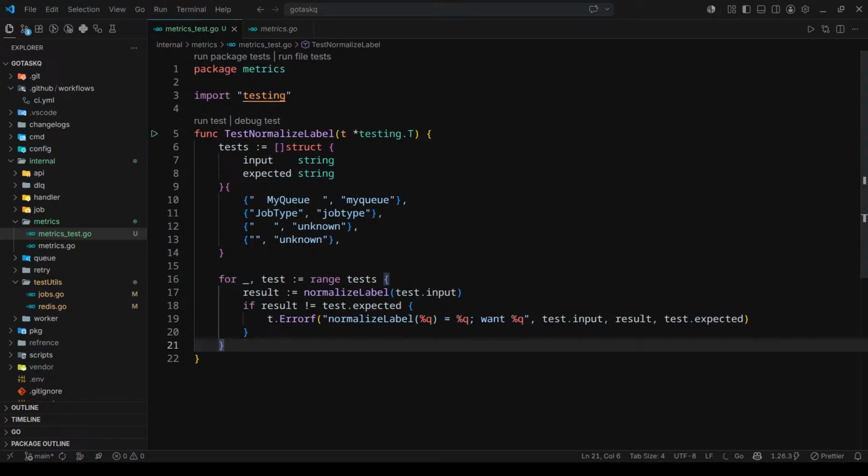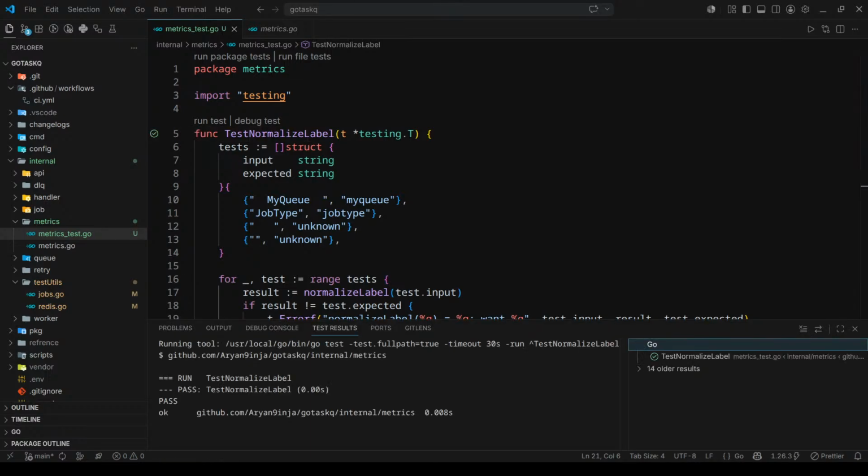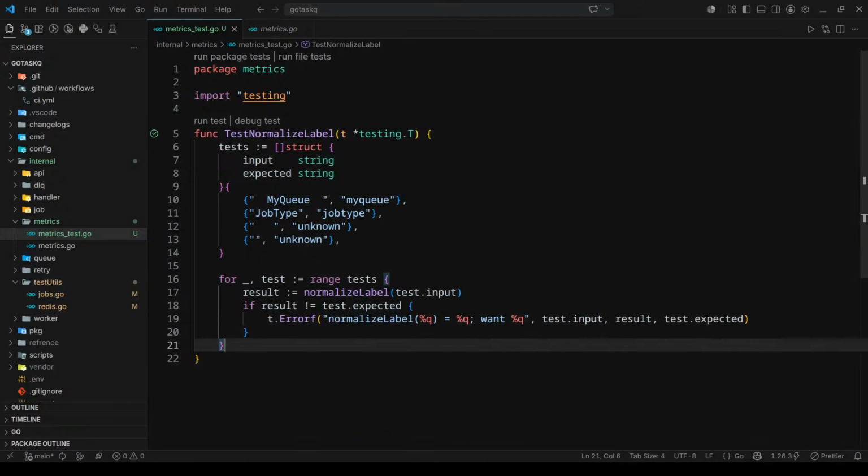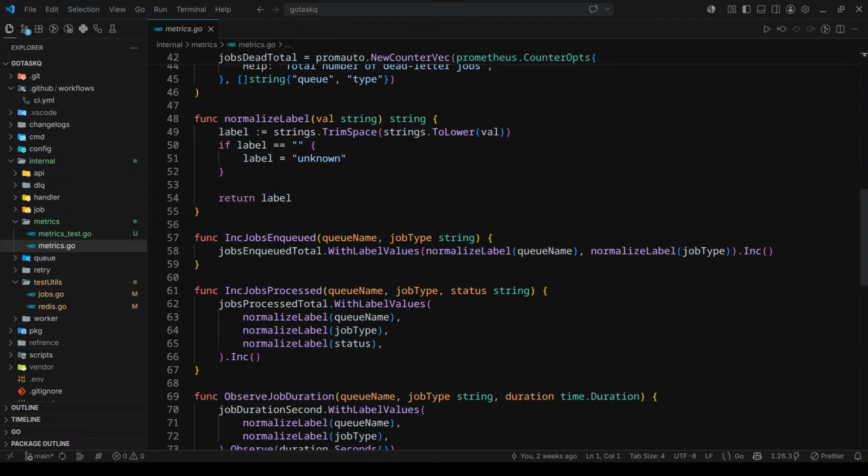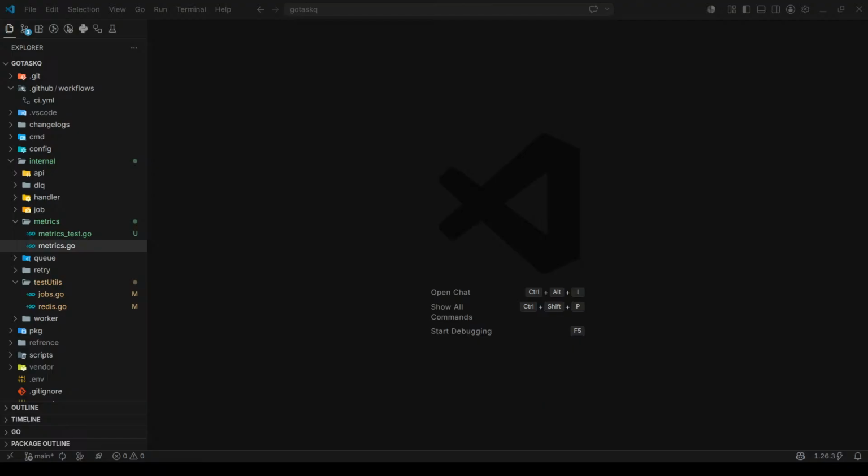So my queue should become my queue. This should become this. This should become this. This should become this. It's testing this. Let's run it. It passes, and we don't need anything else here. So the matrix package is done. Next package we will do is